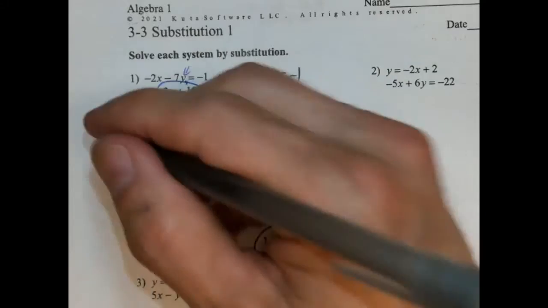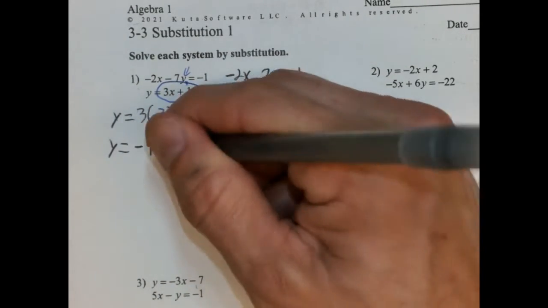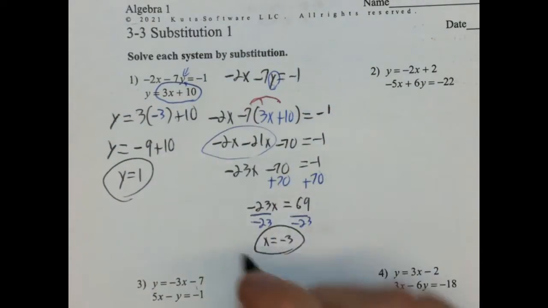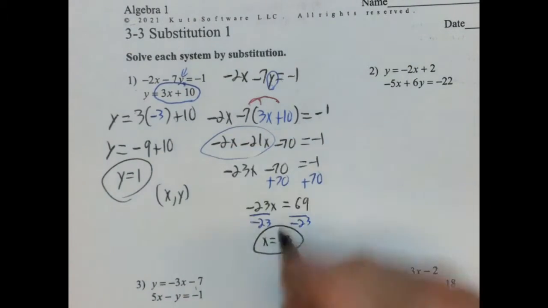Okay, now we're going to follow order of operations and just solve for y here. So we're going to do 3 times negative 3, which is negative 9. And negative 9 plus 10 will be 1. And there we go. So let's write that as an ordered pair. It's always x comma y, right? This is how we always write our ordered pairs. So negative 3